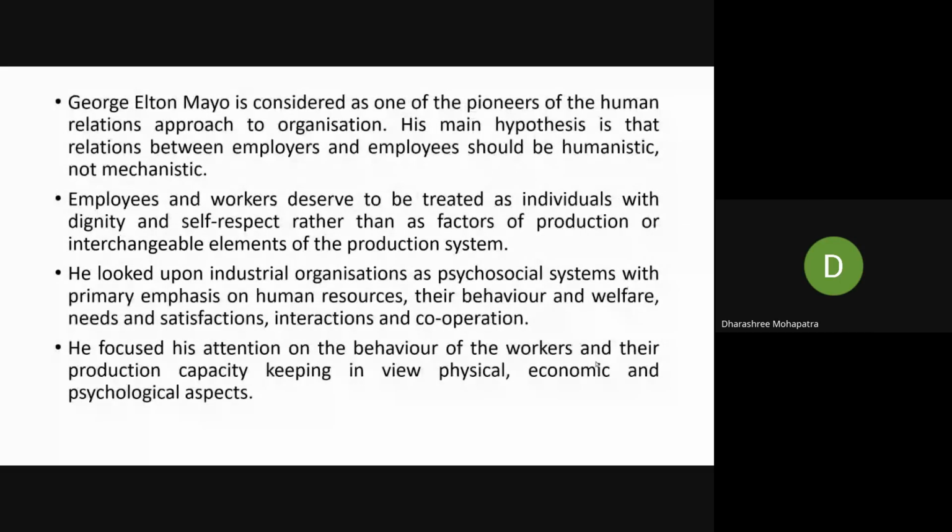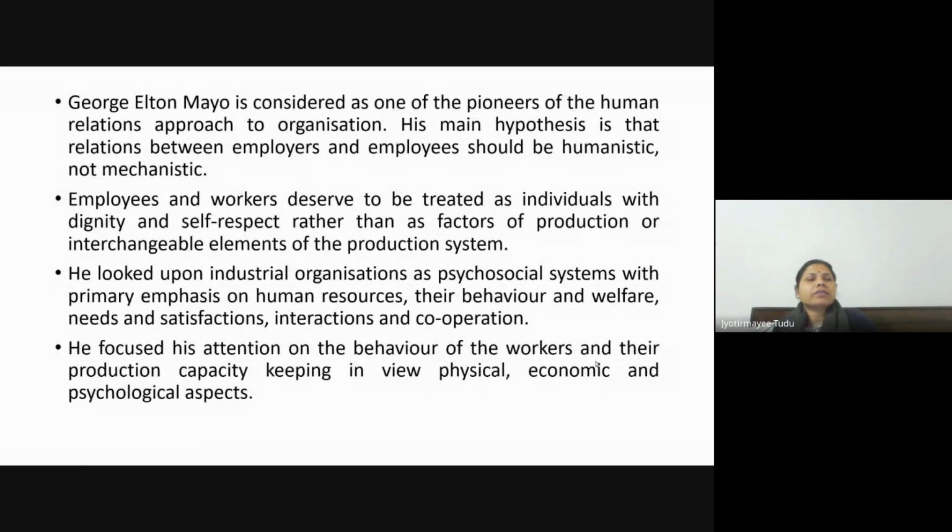Yes, ma'am. So it is George Elton Mayo, who is considered one of the leading pioneers of the human relations approach to the organization. His main hypothesis is that the relations between employers and employees would be humanistic, not mechanistic. Presently, in the 21st century, we are also focusing on the human side of the organization. But still, I think this is a parallel thinking. Productivity still continues to be the main motto of